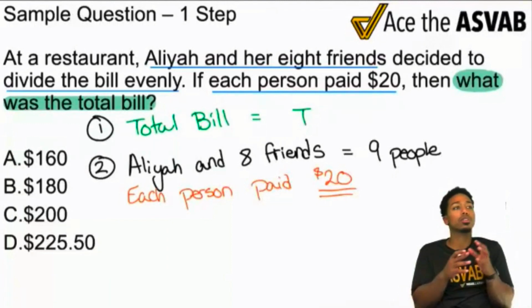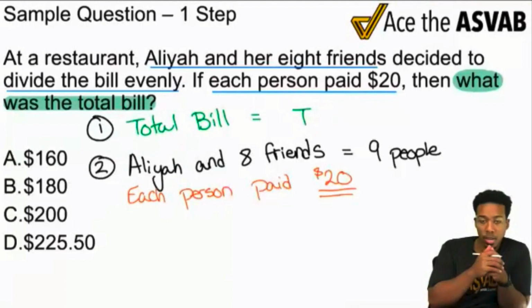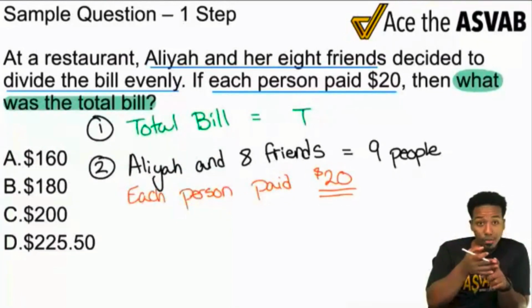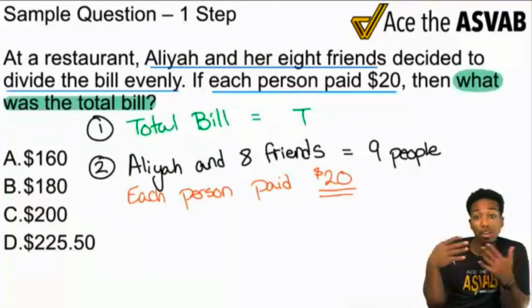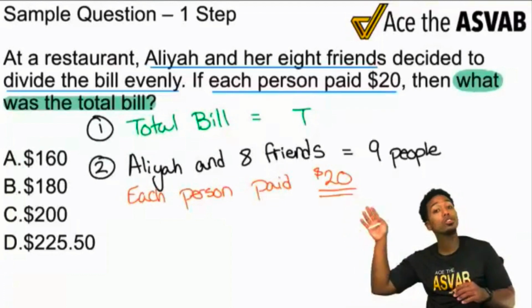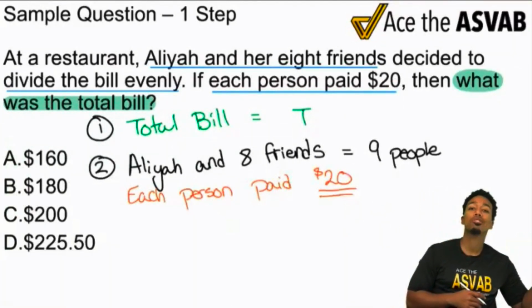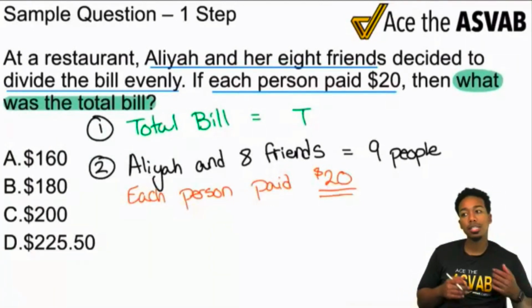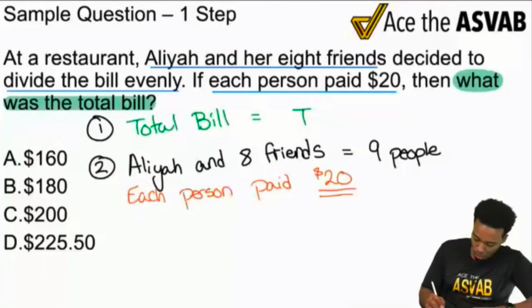So here's the key word we're looking at, everybody. The word each, okay? You can use it as a multiplication or division. The word per, each, for every, literally can be used as multiplication or division, depending on what direction you're going, forward or backwards. If you're going forward to get the total, you're multiplying. If you're going backwards to get one of the pieces, you're dividing. So everybody, let's make life easy for ourselves. If we're trying to get to the total,